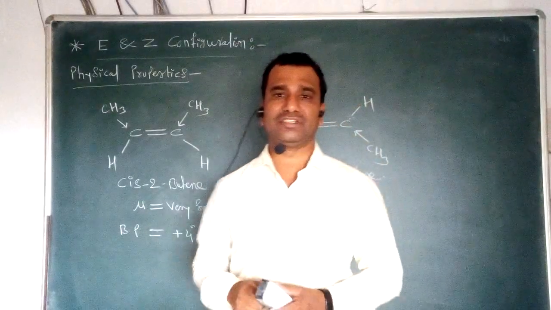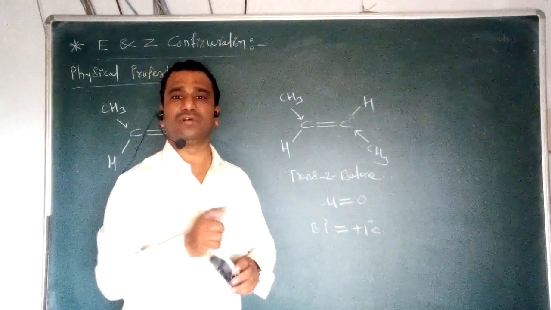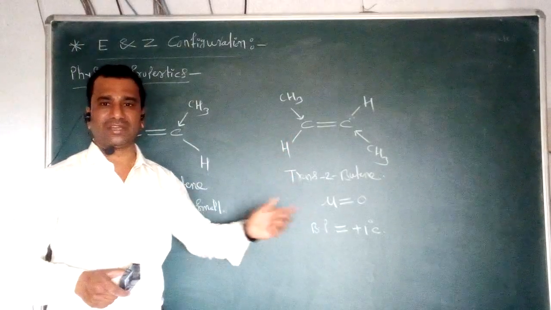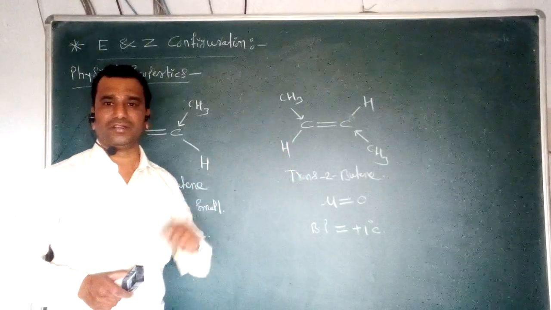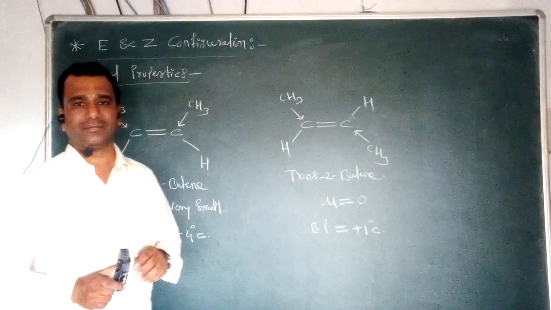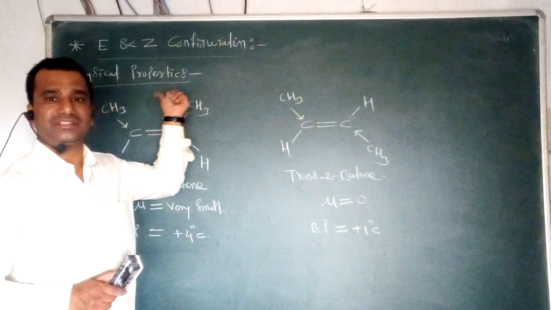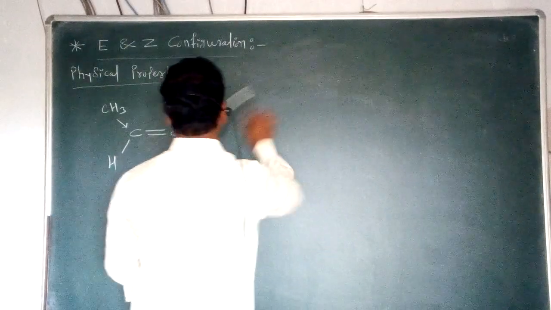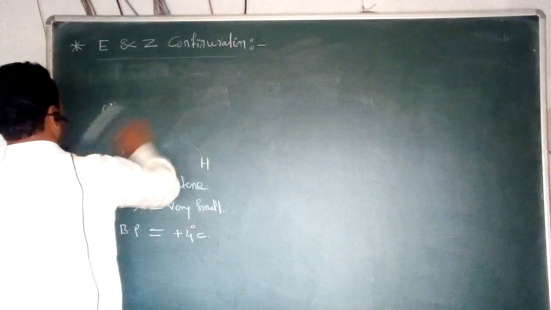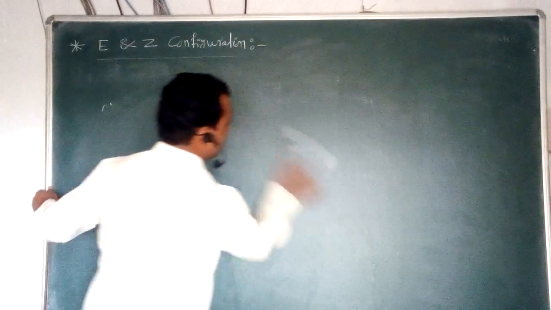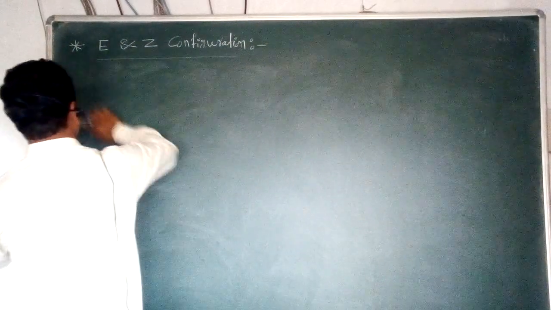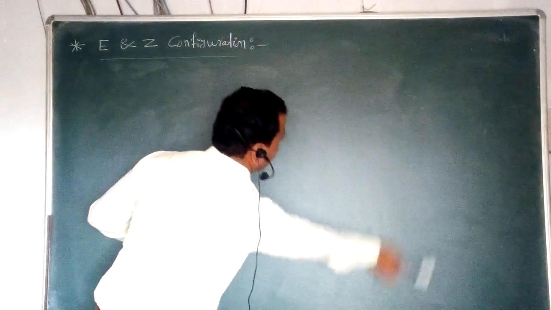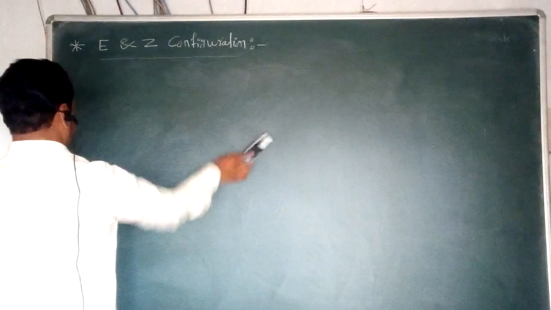So in terms of different physical properties, these two isomers differ, and that's how we can say that if we consider the same molecule with two different geometrical isomers, they differ in their physical properties. Now once we study these physical properties, the second important property shown by this type of geometrical isomerism is their chemical properties. The next important property shown by these molecules is called the chemical properties.